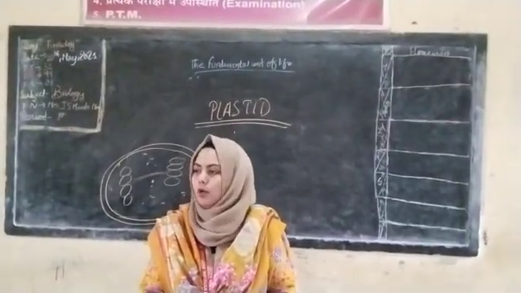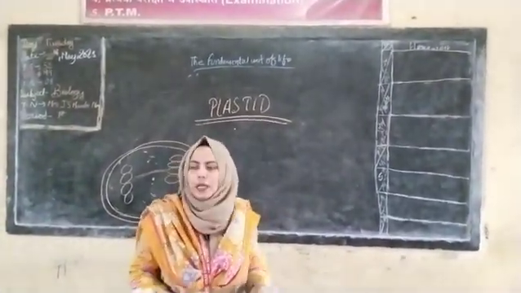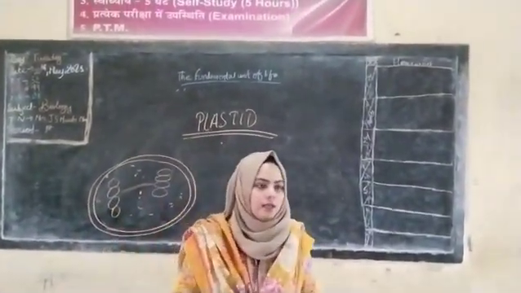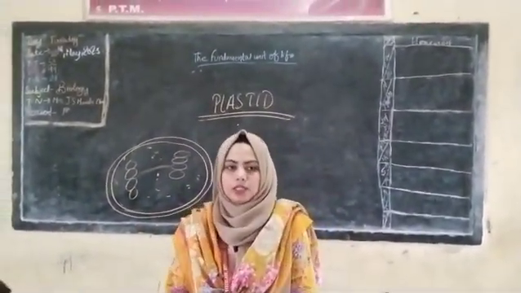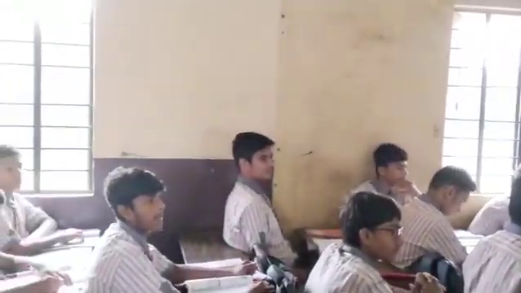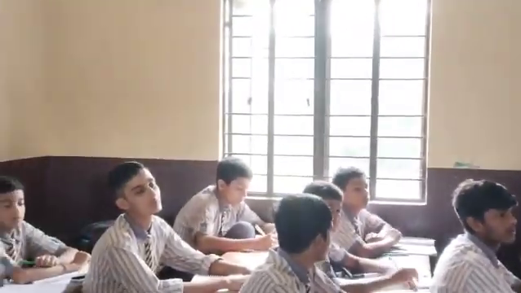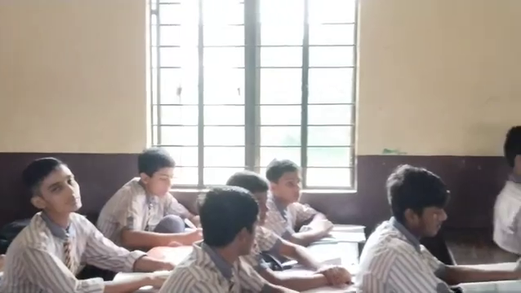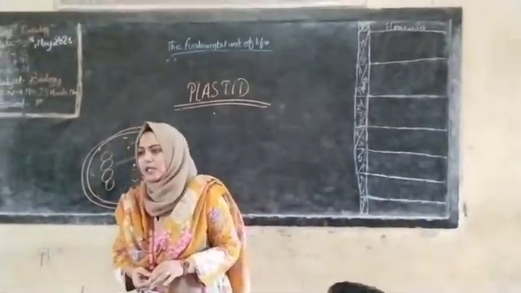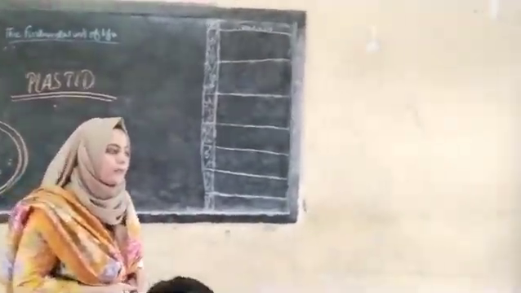So today's topic of our class is plastid. What do you understand by plastid? Plastid is a very interesting topic of the chapter, the fundamental unit of life, cell. Right students? Plastid cell organelle एक ऐसा organelle है जो कि plant cells में पाए जाते हैं. In which cell do we find plastids? We find plastids only in plant cells and it is absent in animal cells.